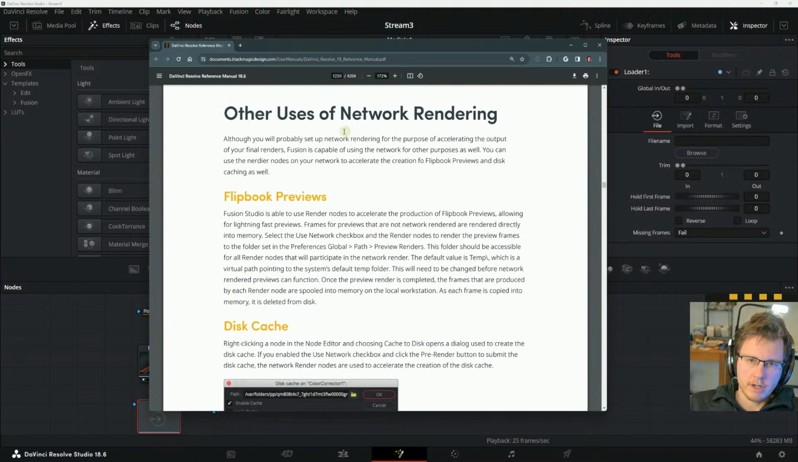Other uses of render nodes. Although you will probably set up network rendering for the purpose of accelerating the output of your final renders, Fusion is capable of using the network for other purposes as well. You can use the render nodes on your network